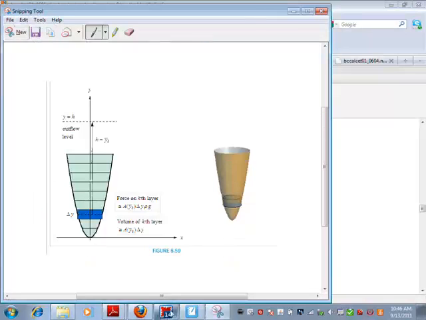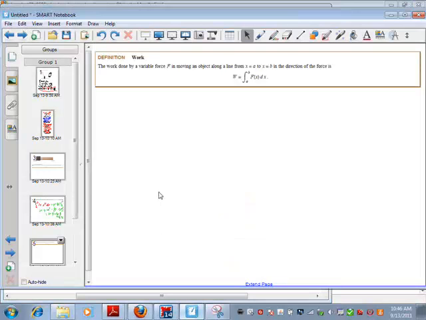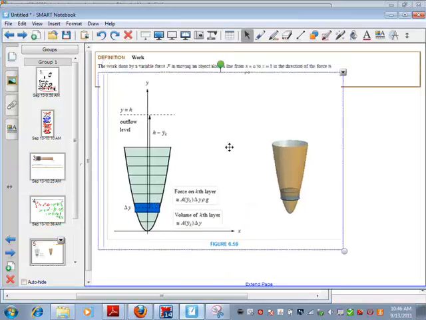And we'll annotate it. All right, so for this problem here,